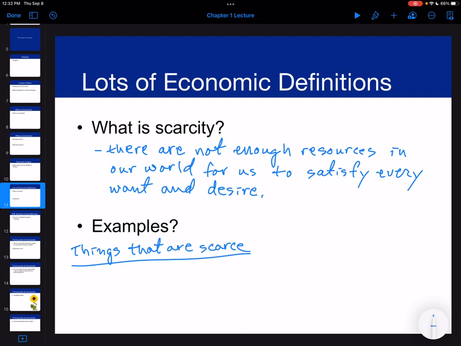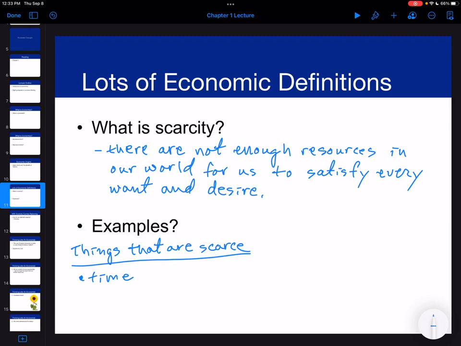Well, that's pretty much everything, right? So obviously the most scarce good of all is time, right? We don't get to live forever, and we can't do everything at each exact moment, so we have to make choices with our time. You're choosing to spend time working on your class. That is a wise choice, but you could be doing something else. Could be watching a movie, going out with friends, eating, lots of other different things you could do, and you can't do them all at once, okay? That's what we mean by scarcity.